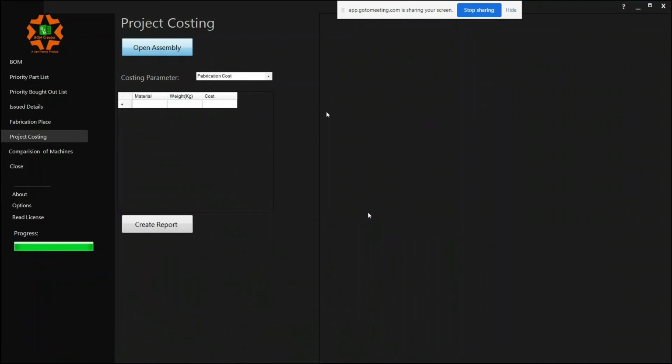What are those? They actually decide the budget of the project. With this project costing, we have tried to incorporate all those 5 parameters.